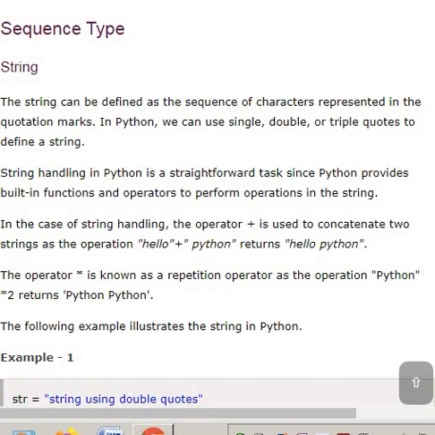Look at the operator asterisk, that is your star, a repetition operator, and look at the example: Python star 2 returns Python repeated twice.